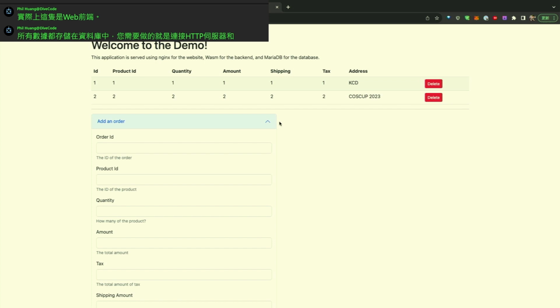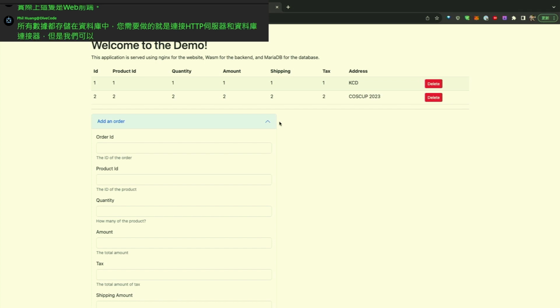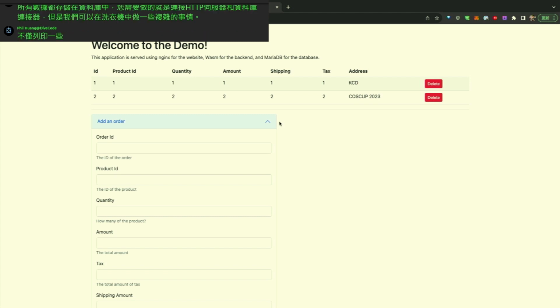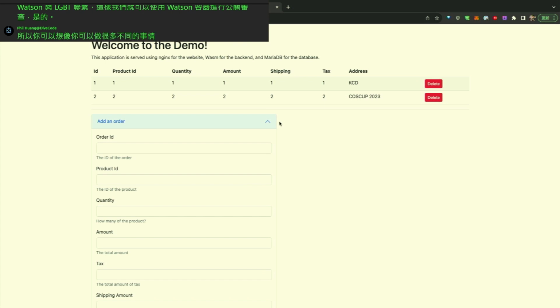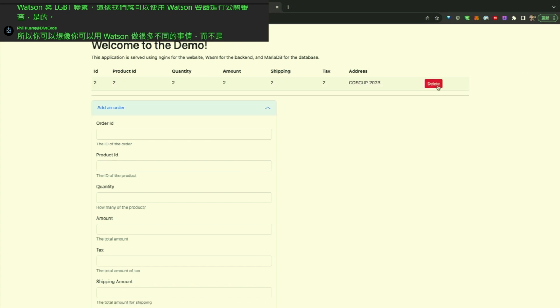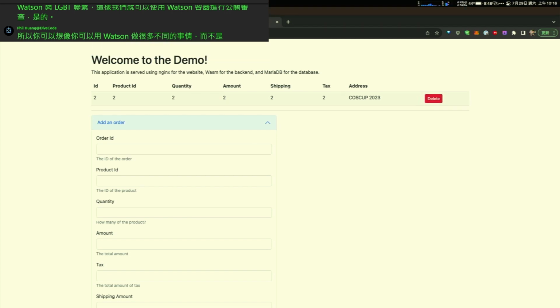So you can do several complicated things in the Wasm, not just print some string. That's not a real world application. However, if you can do this one, and actually, if you are interested, we use Wasm to connect with the GPT, so we can do the PR review with a Wasm container. Yeah, so you can imagine that you can do lots of different things with Wasm, not just a very simple demo, and you can delete it. Okay, so let's